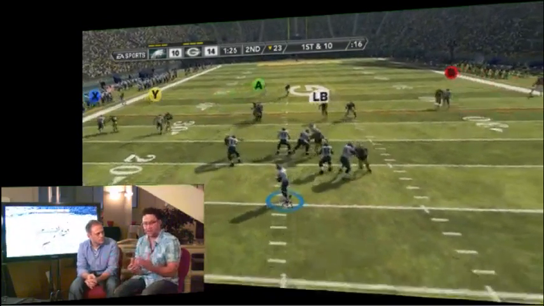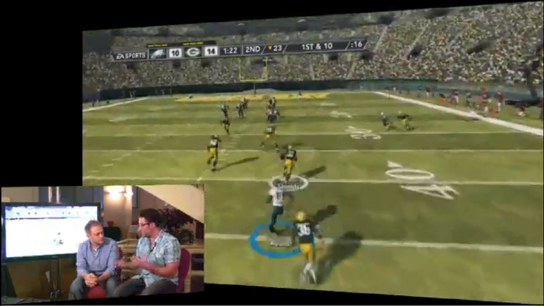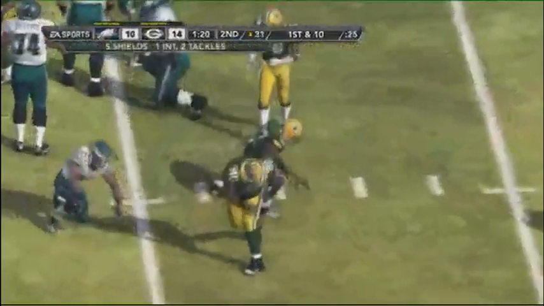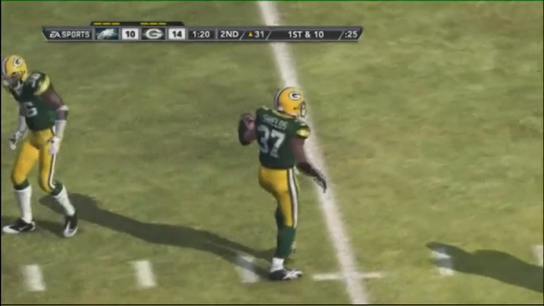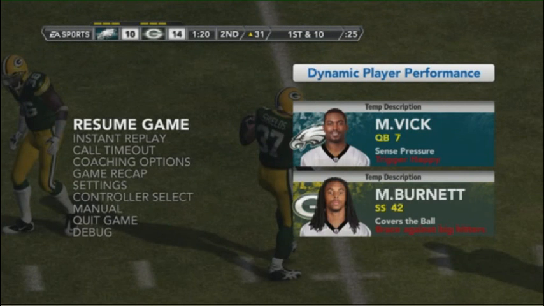So as you're playing the game and as players are changing their tendencies, we have it set up so that the broadcasters are telling you what's happening. As Eli's taking hits, Gus Johnson's going to come in and say, Eli's taking a lot of hits. He should be careful here because if he doesn't take the situation seriously, he's not going to be able to get rid of the passes quite as effectively, and he's not going to play the same. So we've got Gus and Chris talking about this. You can also go to the pause menu, which we have right here behind us, and see how players are changing throughout the game. So yes, audio is a major factor.